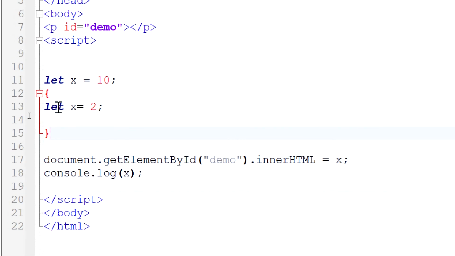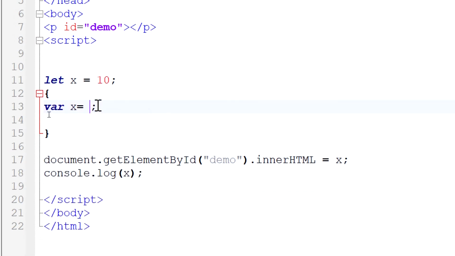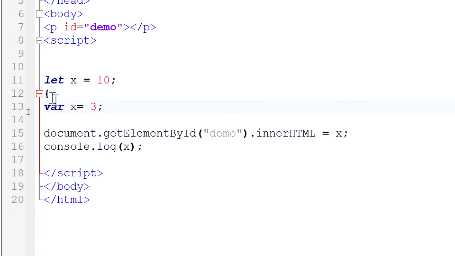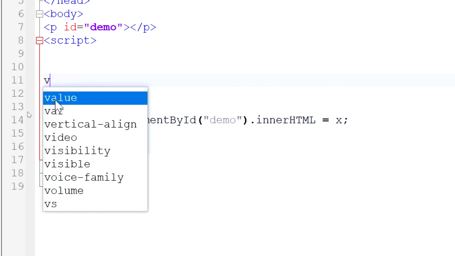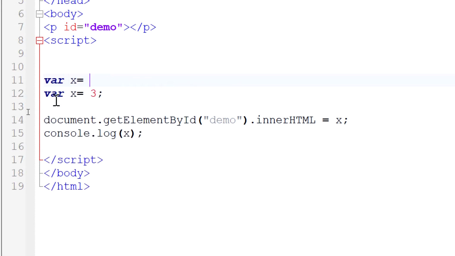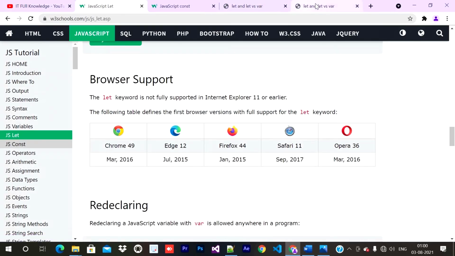Here we have changed to var x equal to 3 and removed the curly brackets. So var x equal to 2, after that we declare var x equal to 3, and inside the demo paragraph we print it. So 2 then 3, and 3 will be the output because var catches the latest value.